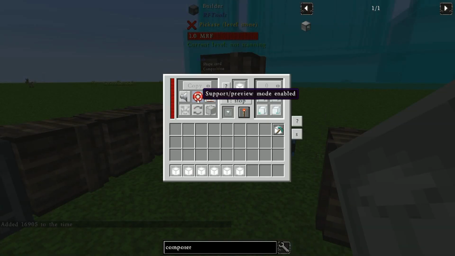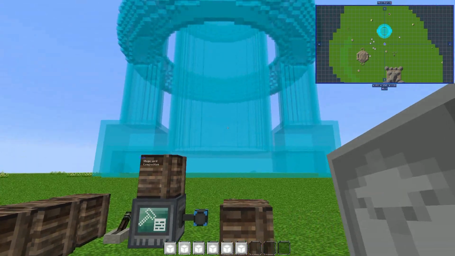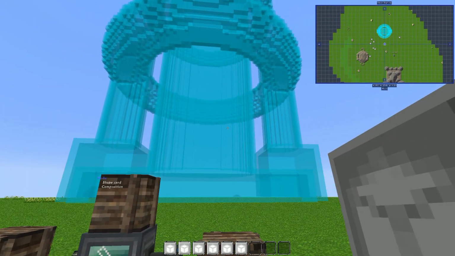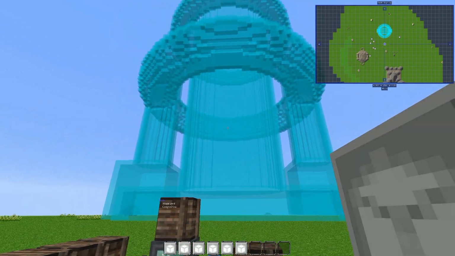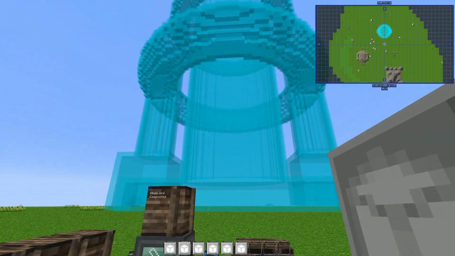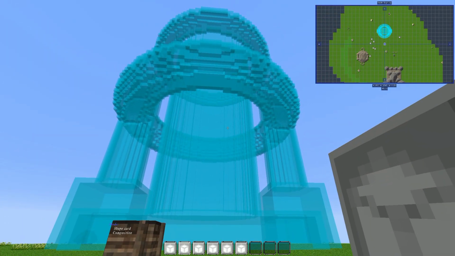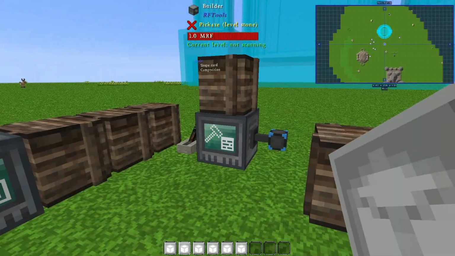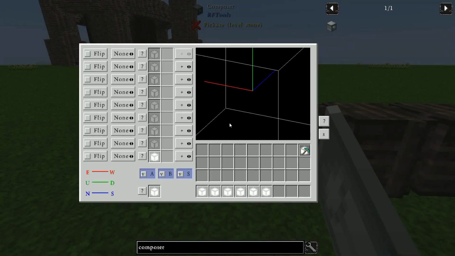The other advantage to putting it together in the composer first is you get to know pretty much exactly how many blocks it's going to take to build the structure that you're working on. You may think when you first start, well, I think I need 10,000 blocks, and you wait until you have those blocks put together, and then you get halfway through your project and you realize, oh geez, I grossly underestimated the blocks. But if you do this, the beautiful thing about it is you can